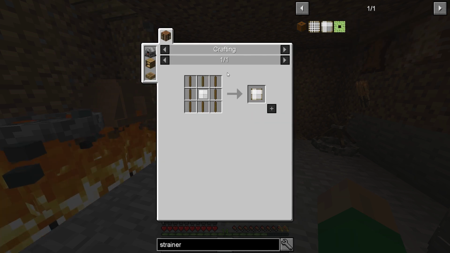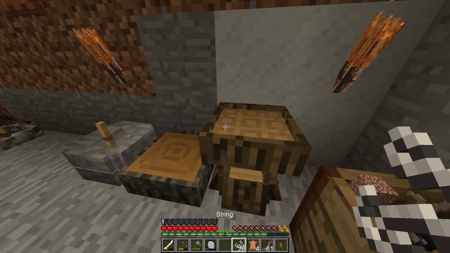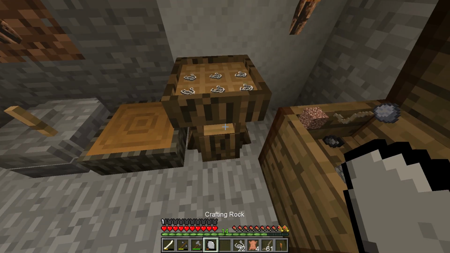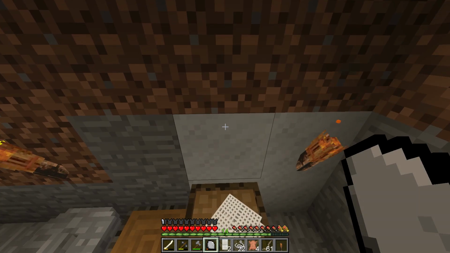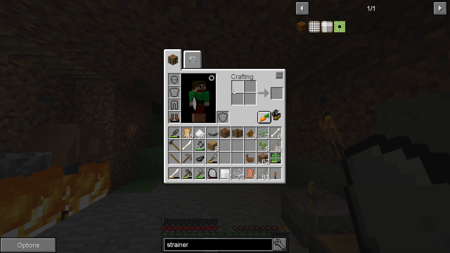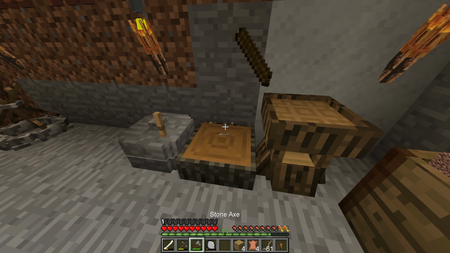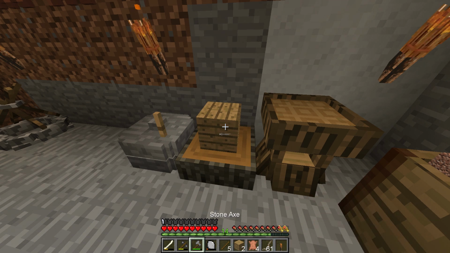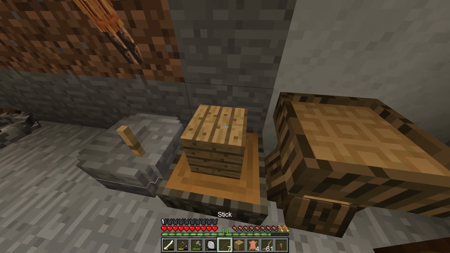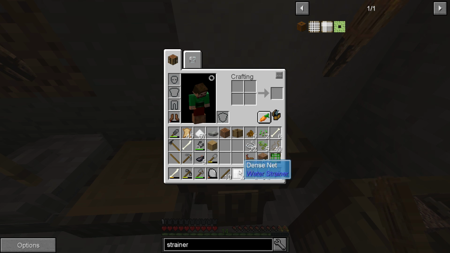We can probably make this strainer, which needs some dense net, which needs a bunch of string. There was a reason I was making all the string. I did have a plan for part of this at least. So that gives us our strainers. Unfortunately, I think we also need a bunch of sticks. We do. Alright, let's go ahead and make some sticks, which we make, hacking up logs into sticks. We need 8 total. 1 short, of course. Yeah, I'm going to have to go cut some trees, but we can make the strainer